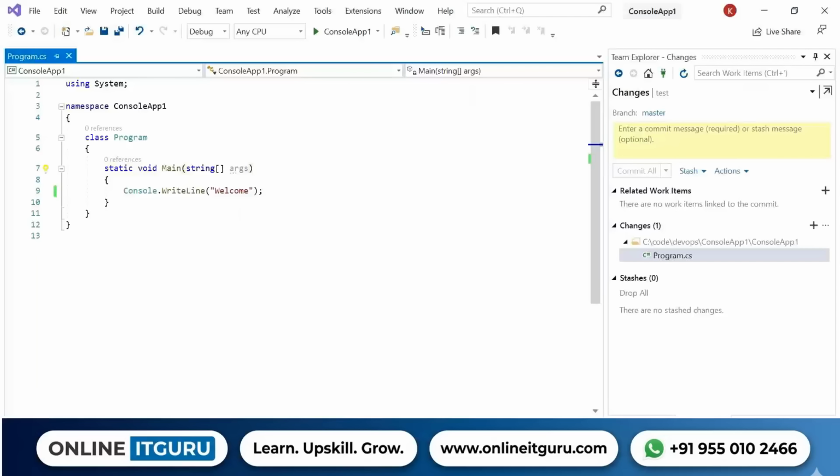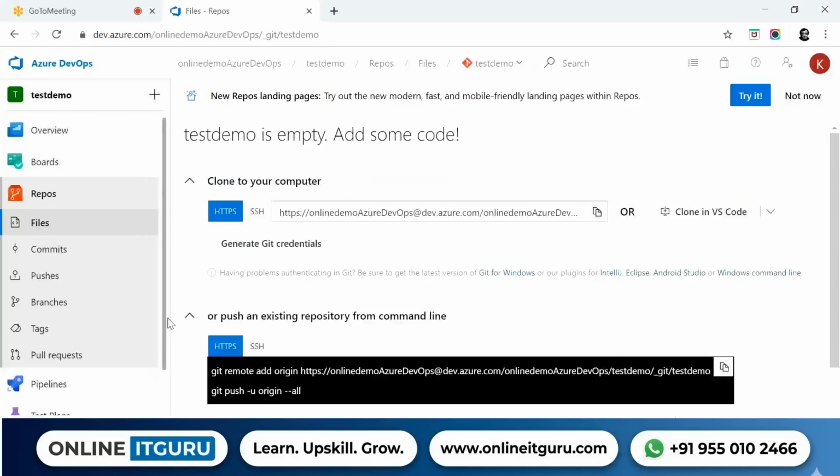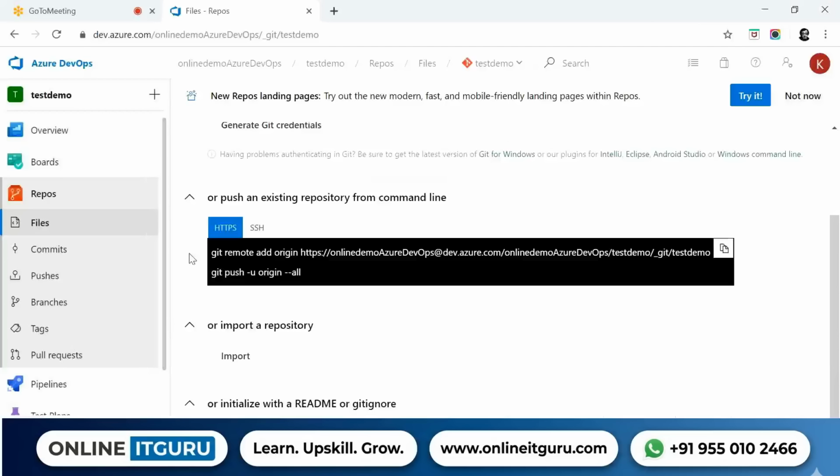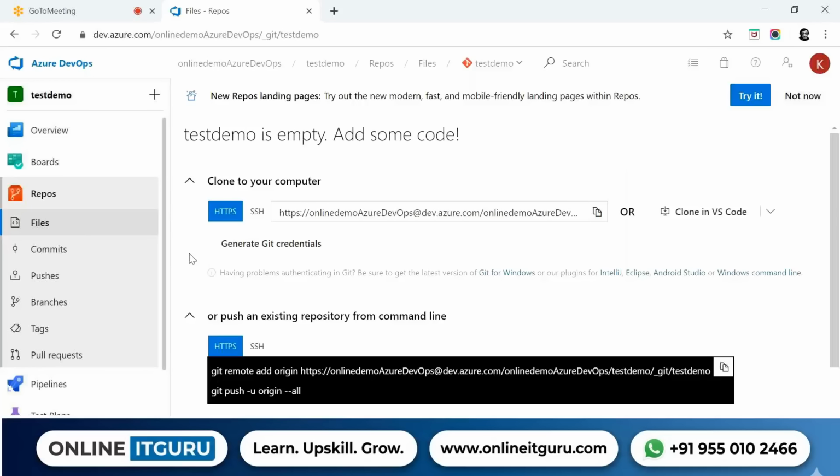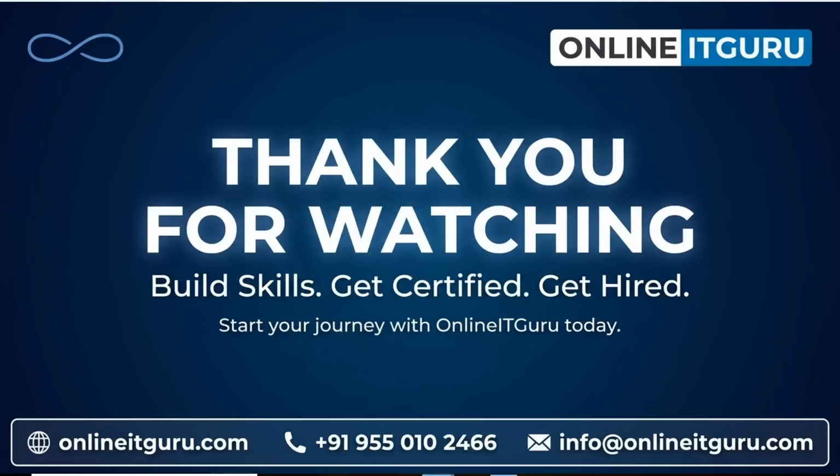We can of course build a solution and push it here. We'll see that later. So this is what you have by default when you just create a new project. Okay, and before going to that, you have to know some things regarding Azure DevOps. The basics, like what are the different